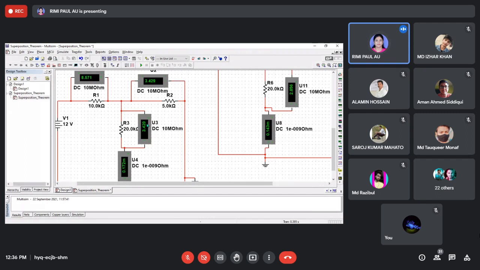If we add them, then we can get 12 volt, because the addition of these 2 voltages is equal to the source voltage, right? And if I measure the current, then the current will divide into two paths. So the total current of this path will be equal to the current through this branch plus the current through the other branch. Is it okay? Is there any confusion, any doubt? Anyone, any question regarding this?